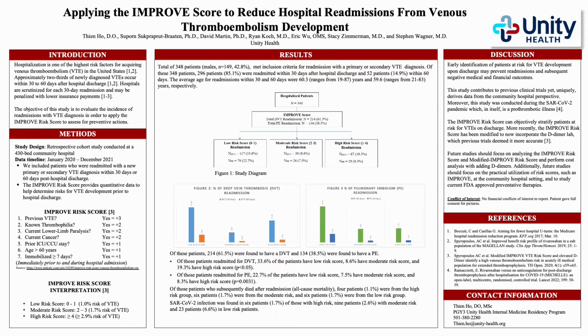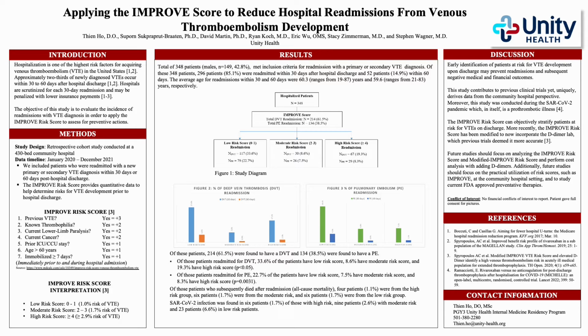The score is an accumulation of multiple factors, such as if they have had a previous VTE, a previously known thrombophilia, for example, factor V Leiden or antiphospholipid syndrome, if they have lower limb paralysis, current cancer, and if they stayed in the intensive care unit or cardiac care unit during their index admission. Also, if they are more than 60 years old, and if they were immobilized for 7 days or more, which can include bed rest immediately prior to and during hospitalization, or having a hospital length of stay of at least 7 days. The scores would then be categorized as shown below.